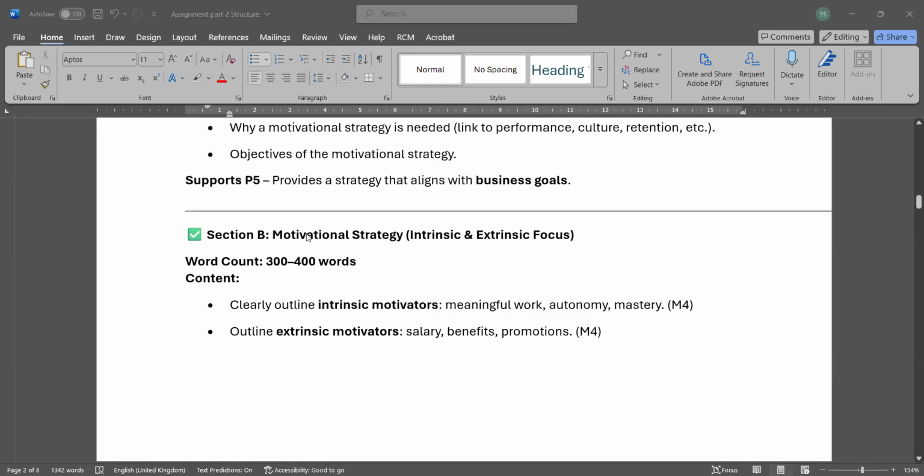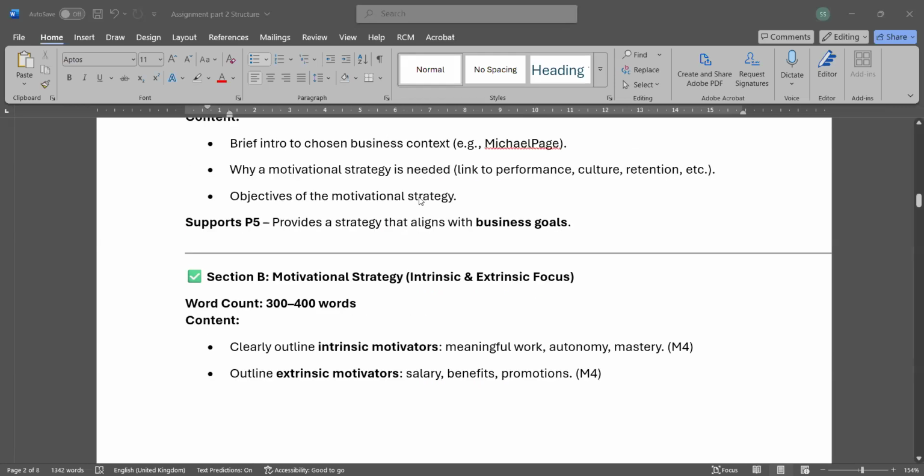And then the third part is, if you are using a motivation strategy, you include intrinsic or extrinsic motivational factors. Intrinsic means the inside things which are motivating or inspiring you to work better: meaningful work, autonomy, and mastery. You are giving them training and development, expertise, independence, and meaningful work, or work which they are interested in.